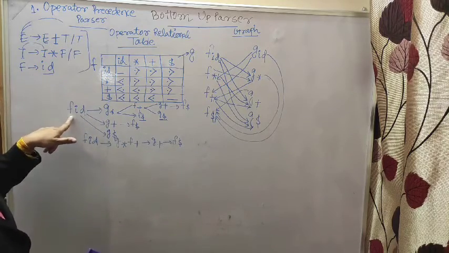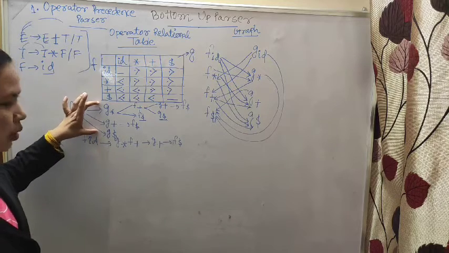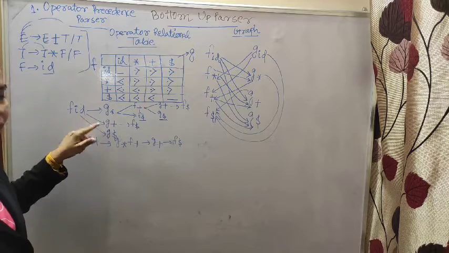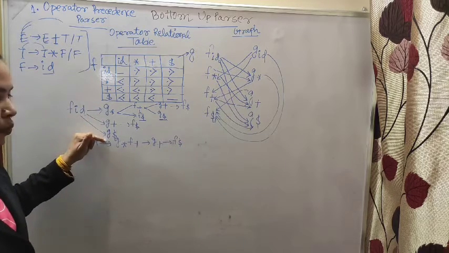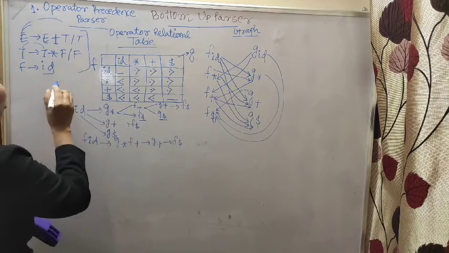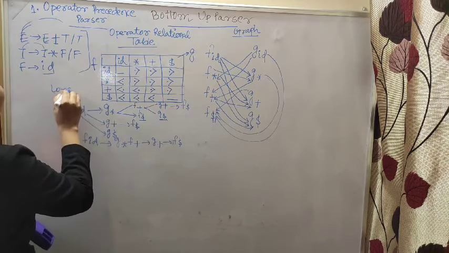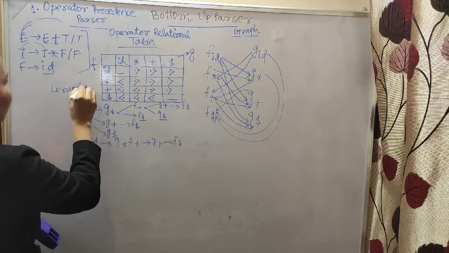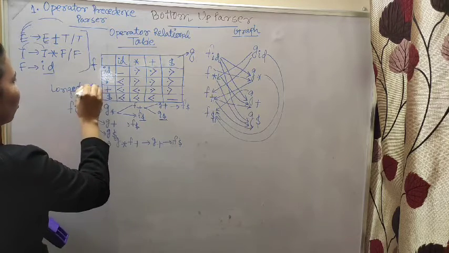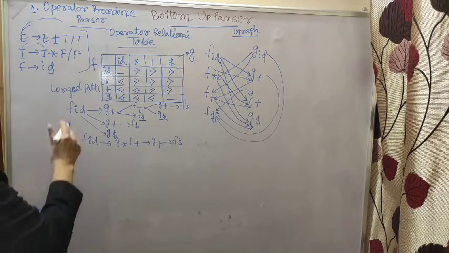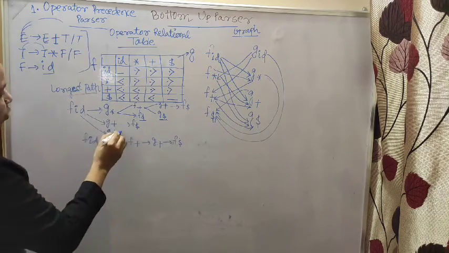FID is moving to these three operators, G star, G plus, G dollar. G dollar means it is finished, it is accepted, only the first path. So we will not take that, because we are finding the longest path, not the shortest path. If we were finding the shortest, definitely FID to G dollar. Okay, so it will be removed.